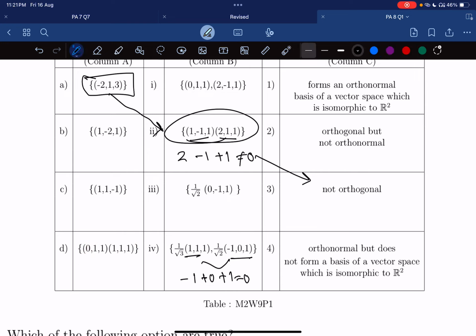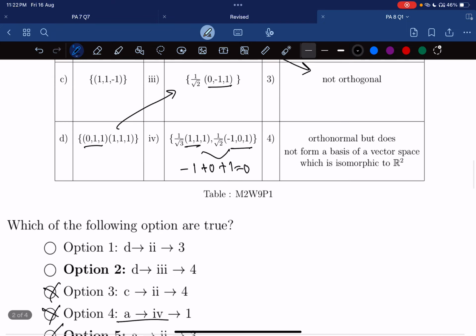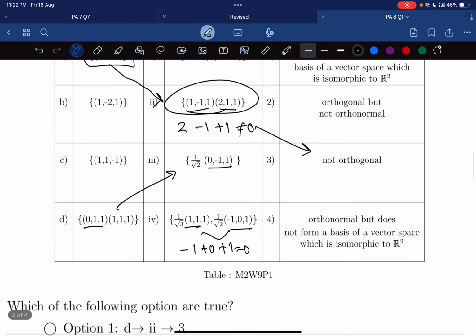But let's check it. So 0, 1, 1 and 0, minus 1, 1. If we take that dot product, it would be minus 1 plus 1, 0. So it is okay. Now for the second vector, it is 1, 1, 1 and 0, minus 1, 1. So it would be minus 1 plus 1, that is also 0. So it is satisfied for both the vectors. So D will match with the third. And according to the option, it should also match with the fourth. So the fourth option tells